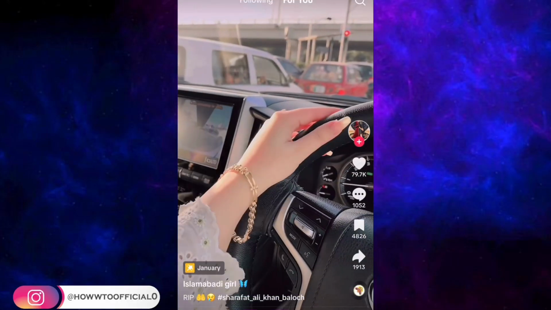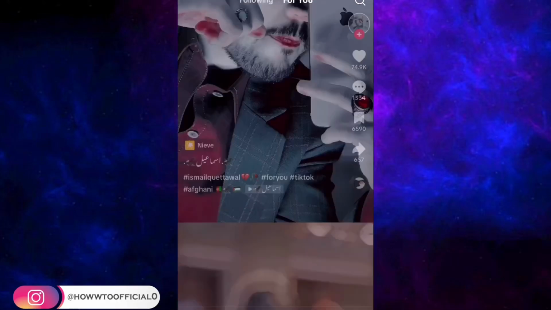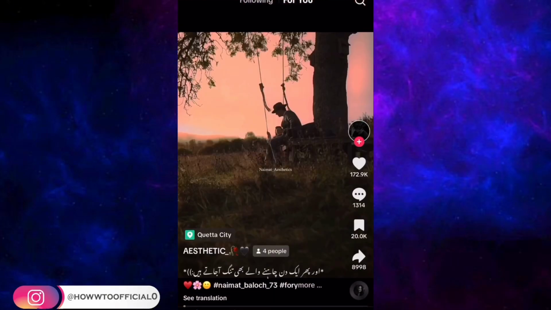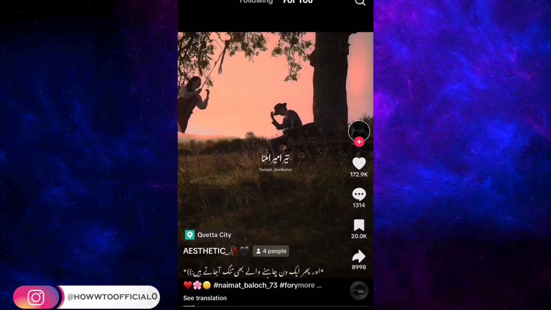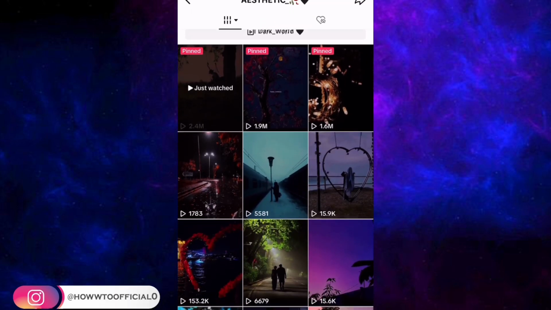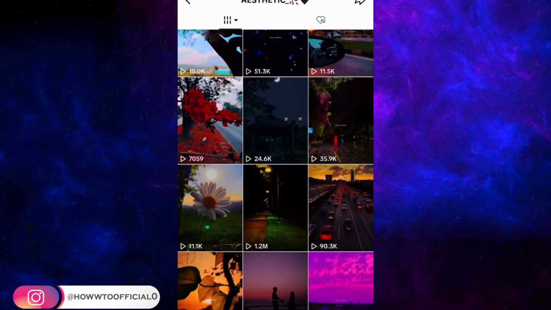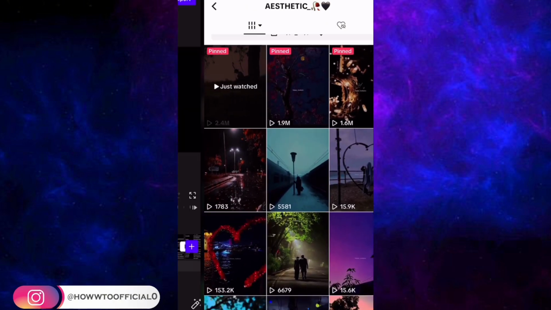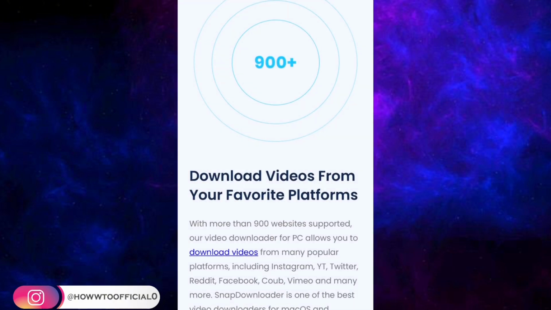So without wasting time, let's directly get to the point: how you can download TikTok videos without a watermark, or how you can even download all the videos posted on the profile of a TikToker. The app that I'm going to demonstrate in this video does not only download TikTok videos, but by using